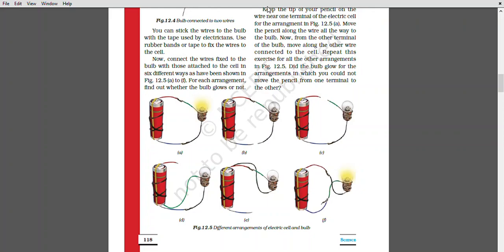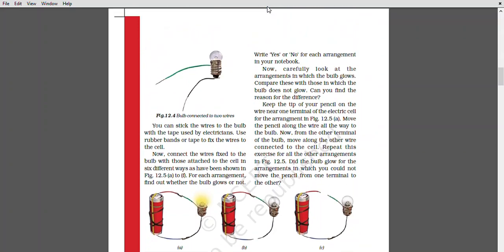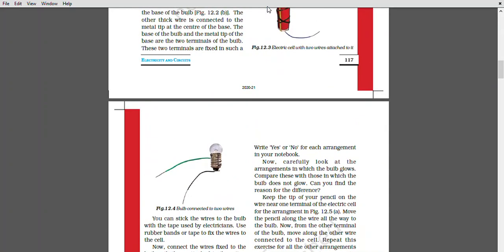Connect the wires fixed to the bulb with those attached to the cell in six different ways. For each arrangement, find out whether the bulb glows or not. Yes or no. Now carefully look at the arrangement in which the bulb glows. Keep the tip of your pencil on the wire near one terminal of the electric cell.